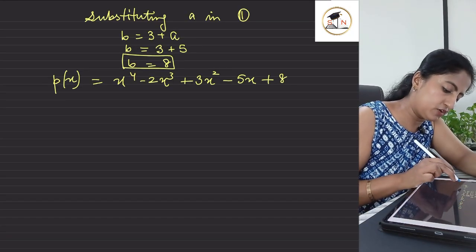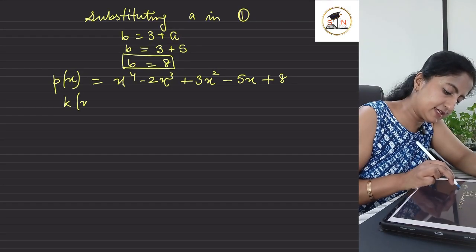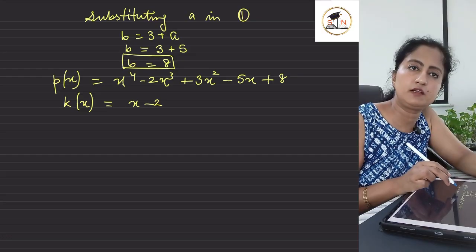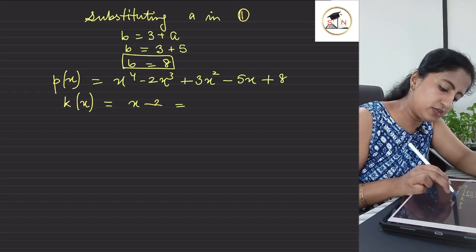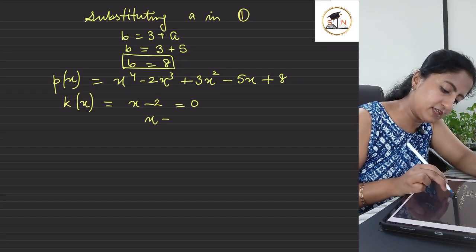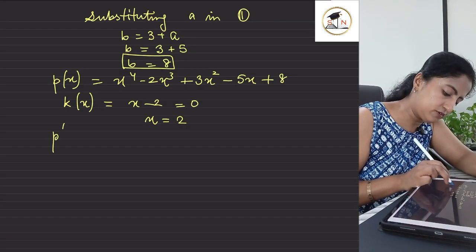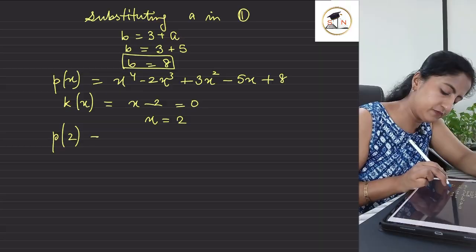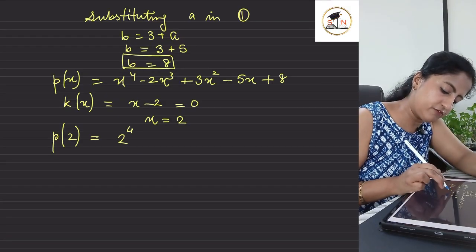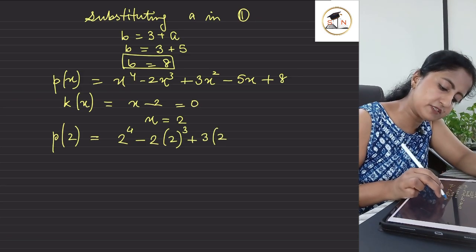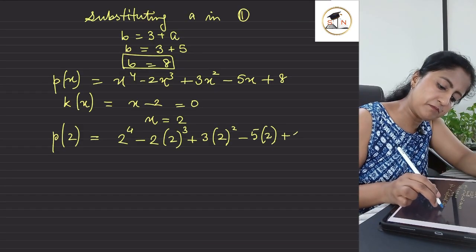Now, another polynomial, which I will name as k(x), as x minus 2, because we need to find the remainder when divided with it. So equating it with 0 leaves me with x equals 2, right? Now what I'm going to do, I'm going to substitute the value of 2 over here, which becomes 2 to the power 4 minus 2 times 2 cube plus 3 times 2 square minus 5 times 2 plus 8,